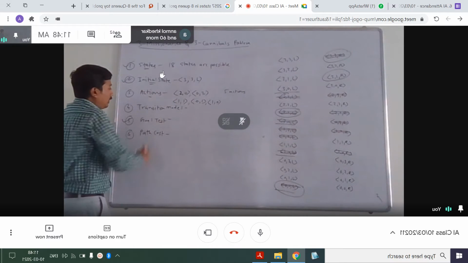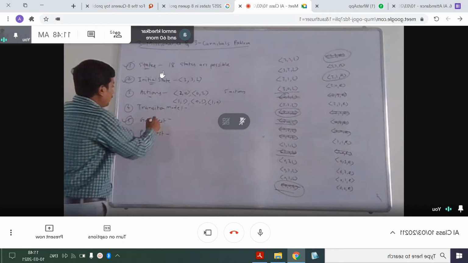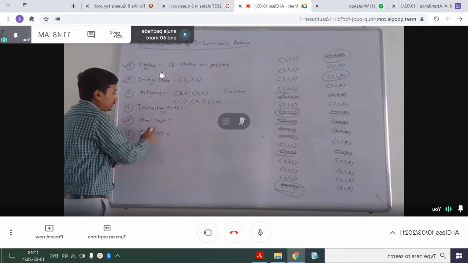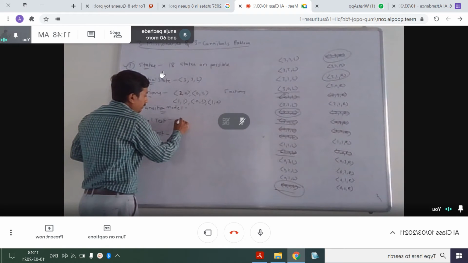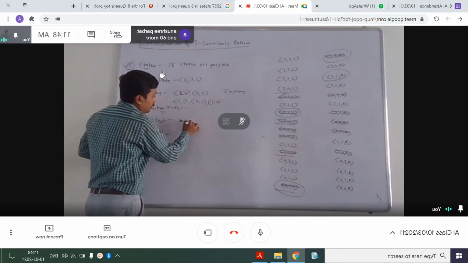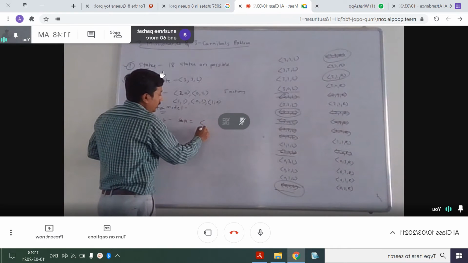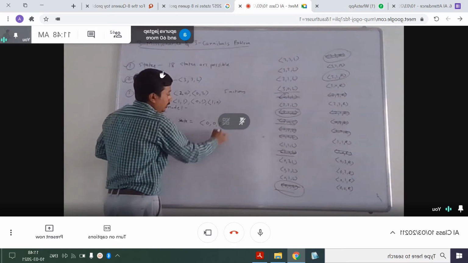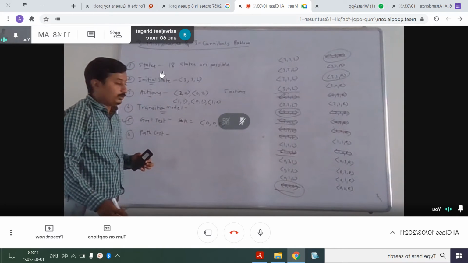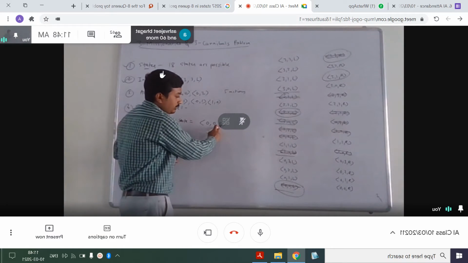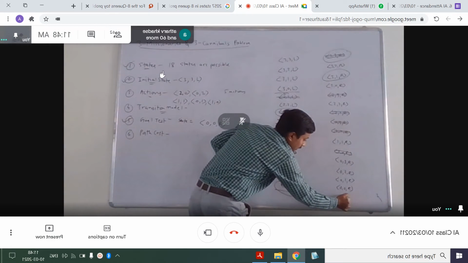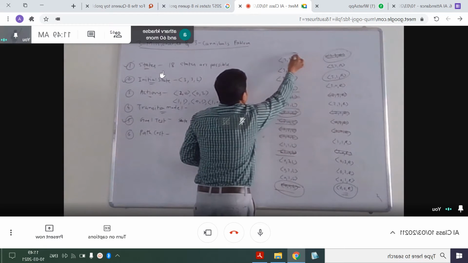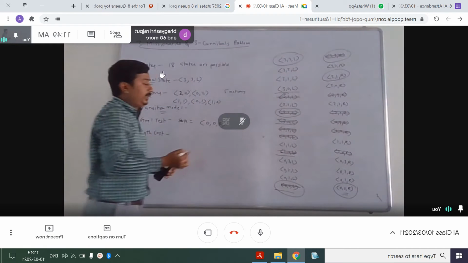Now, what is transition model? We will draw a transition diagram later on. We will first talk about goal test. So goal state is what? We want 0 missionaries, 0 cannibals on the left, and the boat should be on the right side. So my goal state would be 00R. This 00R is our goal, and 33L is our starting point.